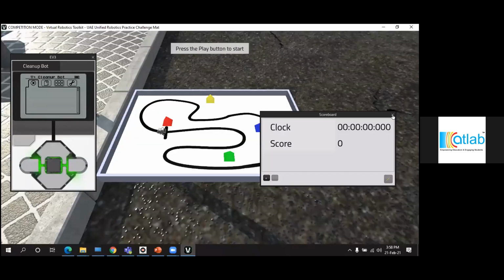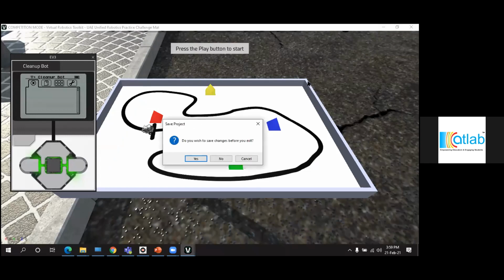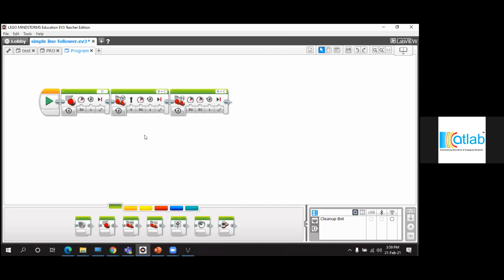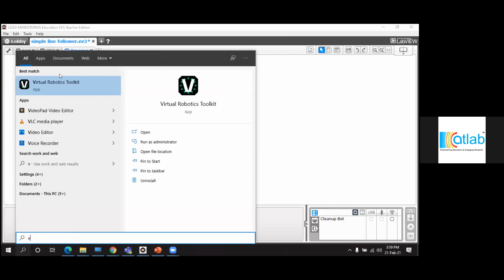This VRT software is online, right? So we have to go offline. I'm going to close this VRT software and try offline mode. Now I'm going to show you how to delete a mat.